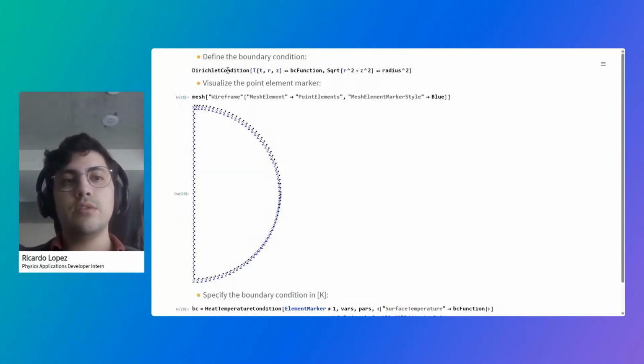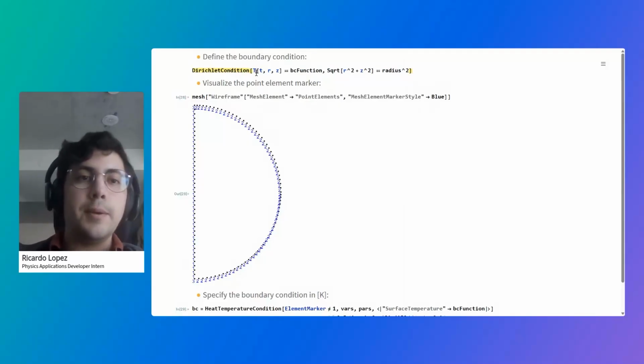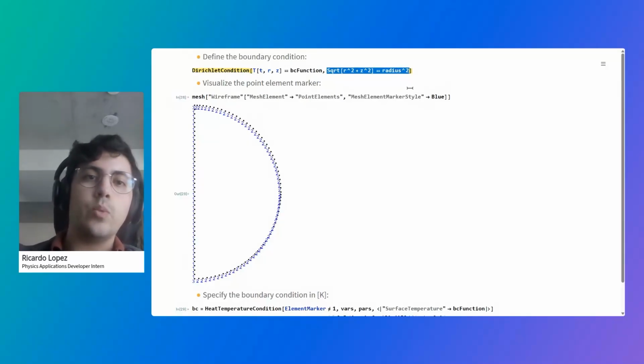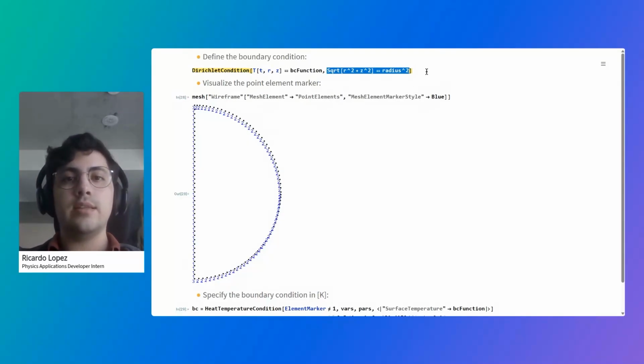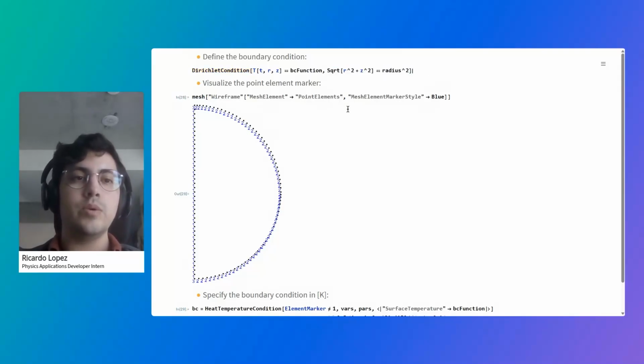And to define the boundary condition, it could be as simple as defining the temperature equal to that boundary function, and with this equation would be where that's true. So that will be the outside of the egg. That's fine, and that's very simple, and that's okay, but we will do something slightly different, and it consists on